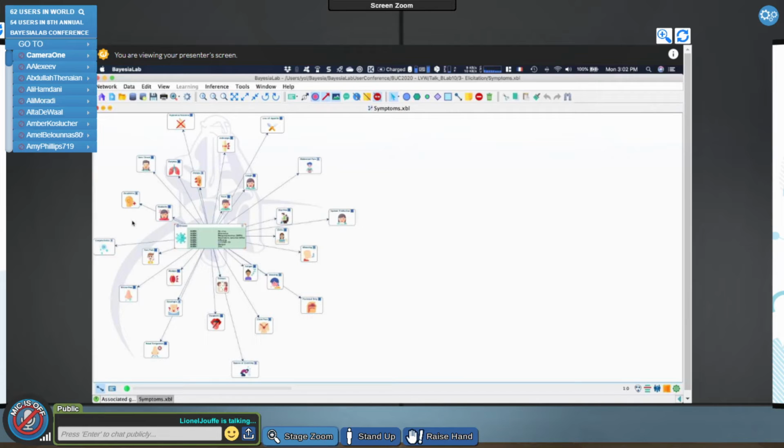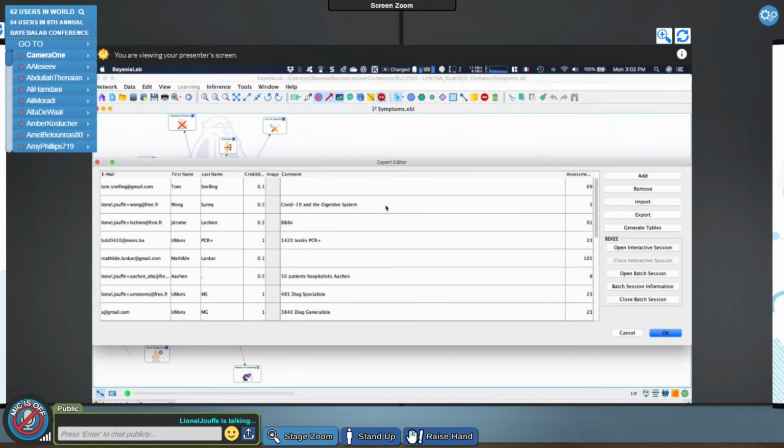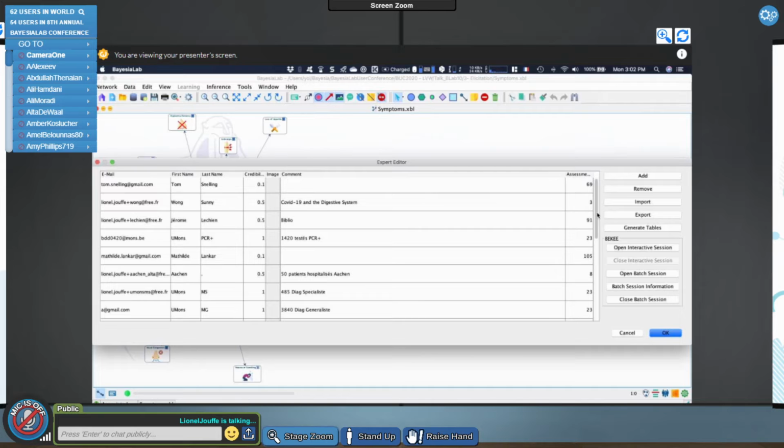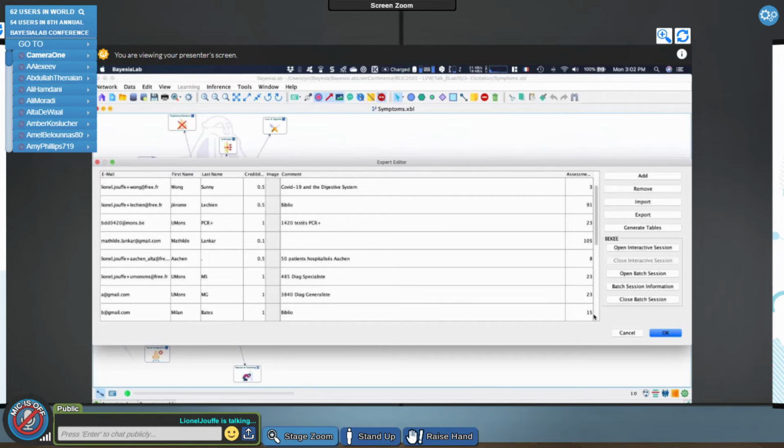So now we have again another collaboration, thanks to the Belgian team, with a hospital in Spain. So we have added dengue and Zika now in the list of the diseases, and we are starting to have good input. So if you want, when I click on this icon, this indicates that I'm using expert assessments. So when I click on that, I have the list of all the different experts I used, along with the number of probabilities they gave me, right?